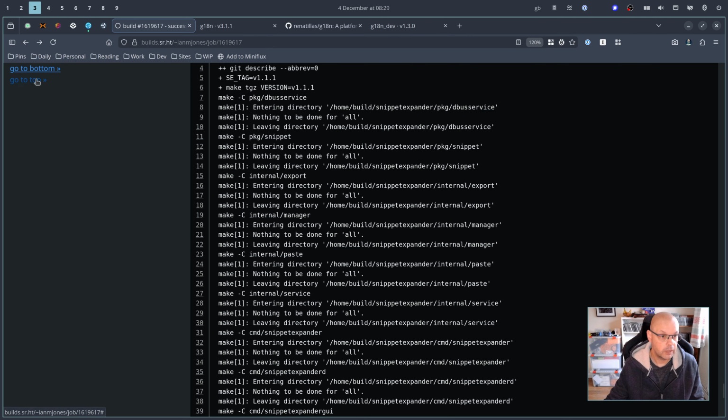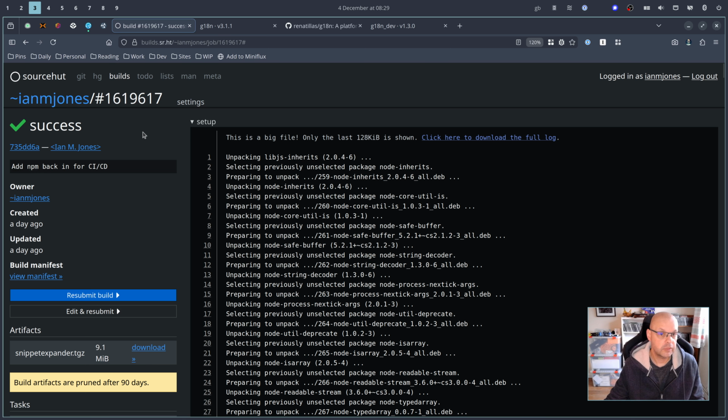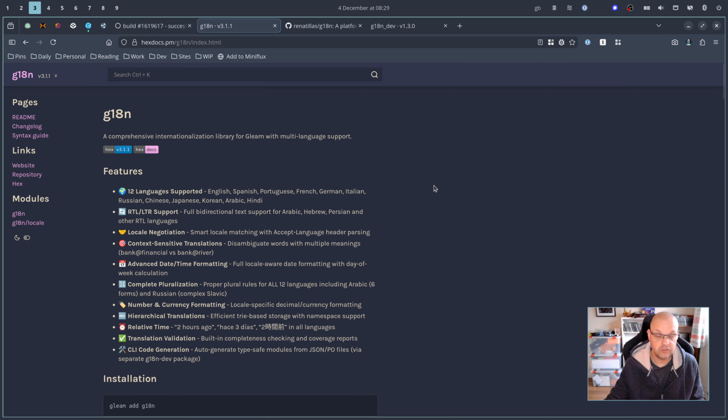So today, I think I'm going to have a crack at translations with this internationalization library for Gleam. But first, I need to do a little bit of checking to make sure that everything that we committed